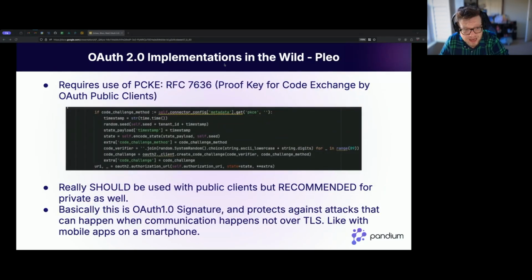One that I wanted to highlight as actually exemplary is this company called Pleo. They're based in Europe and do expense management. They implement a specific RFC, Proof Key for Code Exchange, PKCE, RFC 7636. What's interesting about this is it's considered best practice currently. You should implement this, and in fact, for public clients, so those are things like web pages or single page apps, but you should also do it for private ones as well. The reason this was thought to be needed, and it is needed, is that it turns out not every interaction is going to actually happen behind SSL.